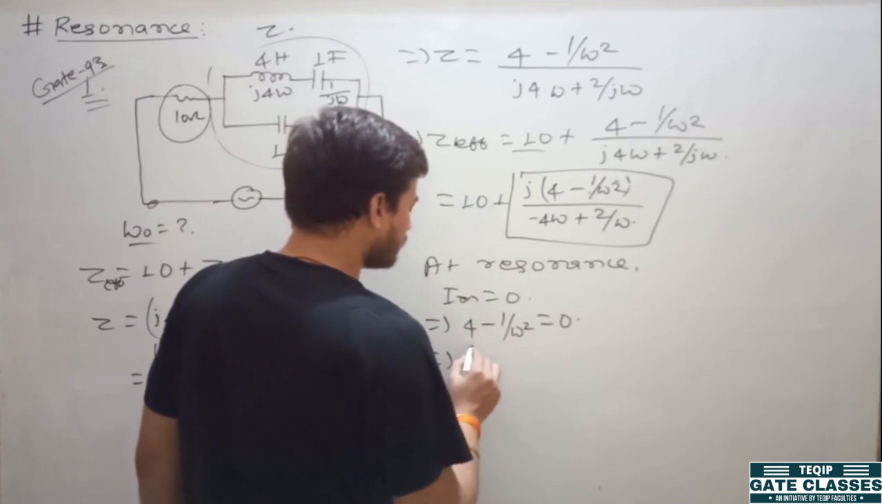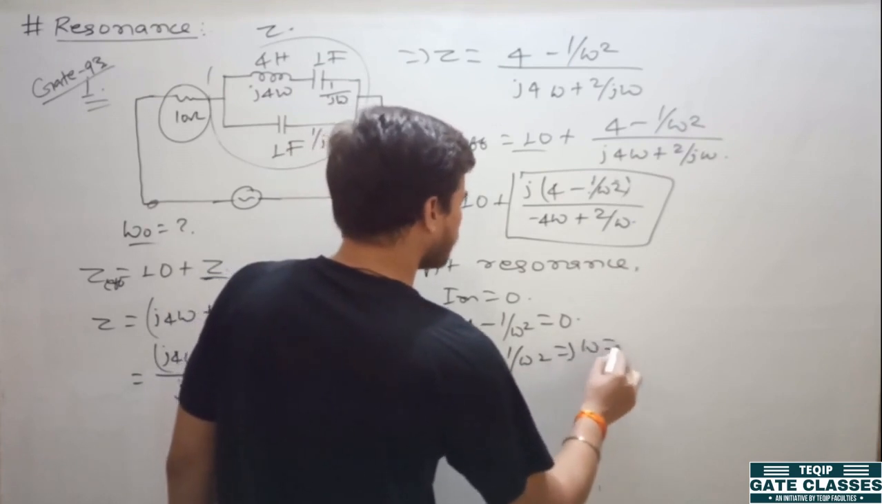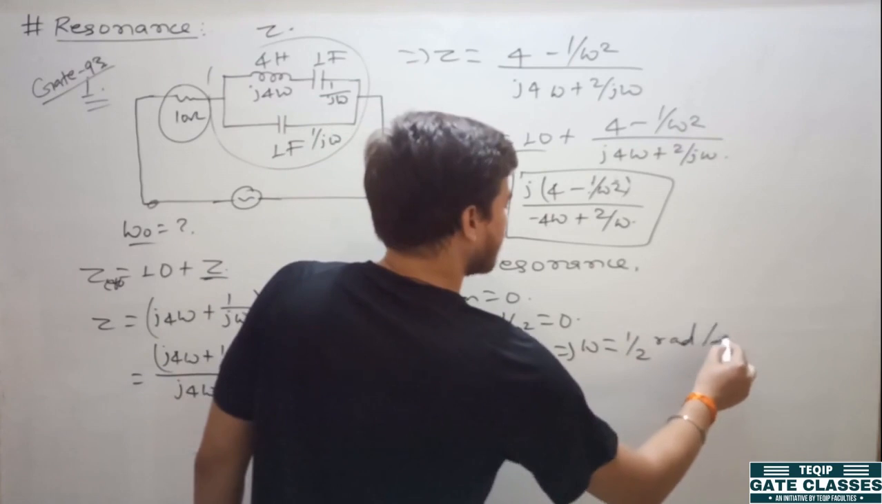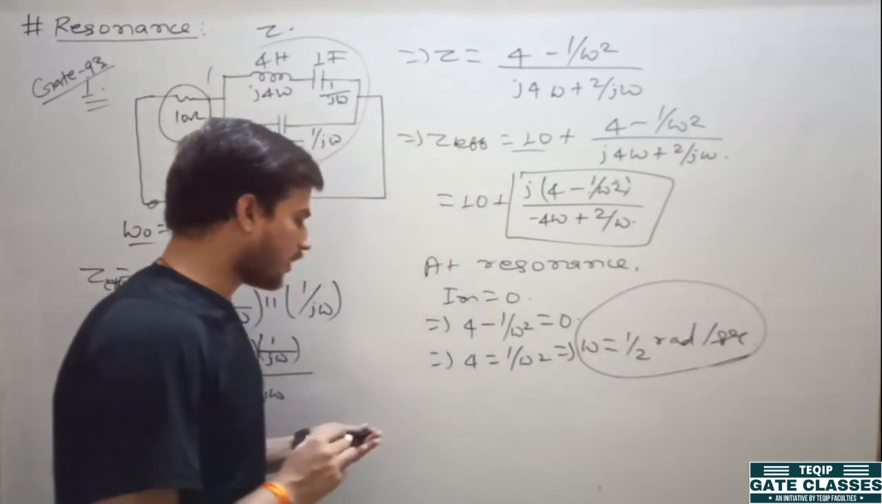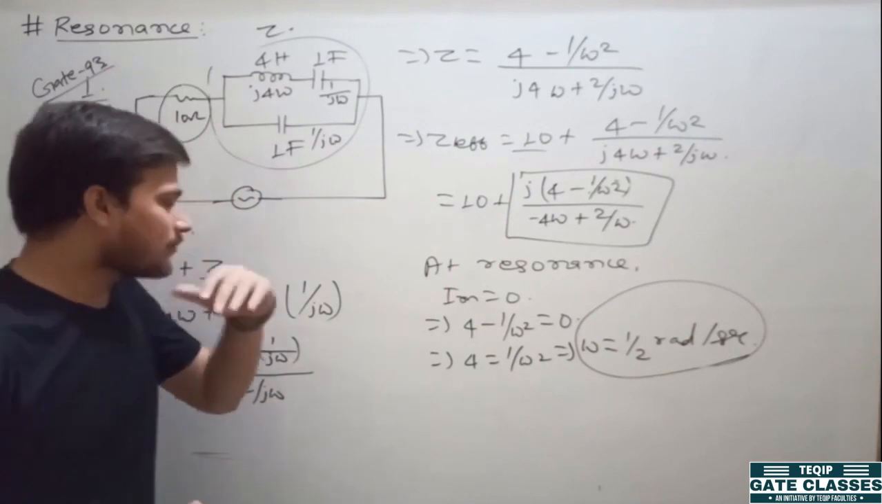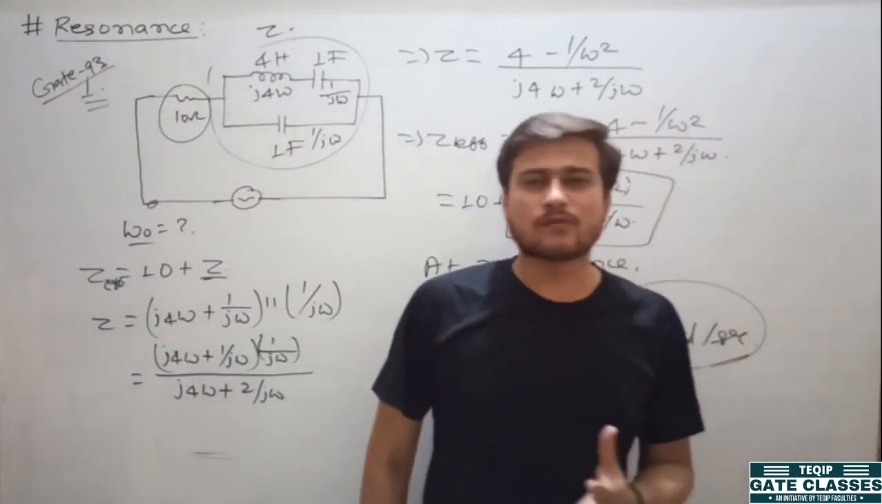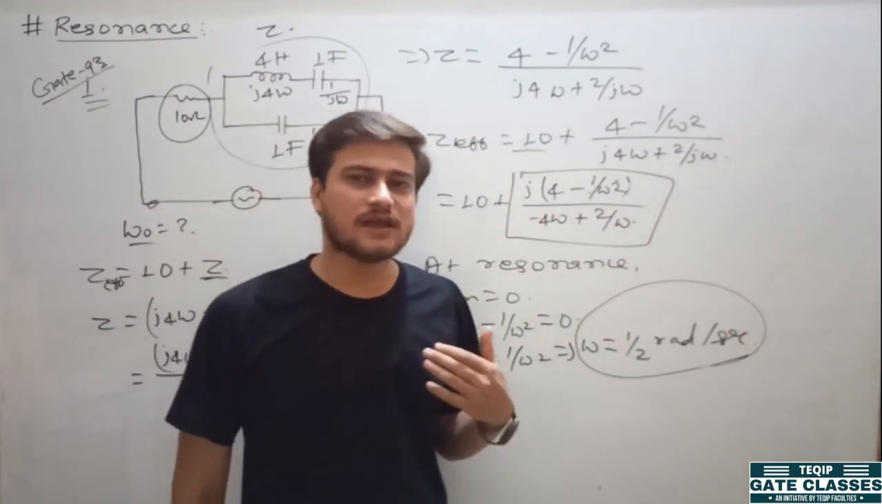From here you write 4 equal to 1 upon omega square, or omega will be equal to 1 by 2 radian per second. Now remember one thing. Mostly the questions asked in the GATE